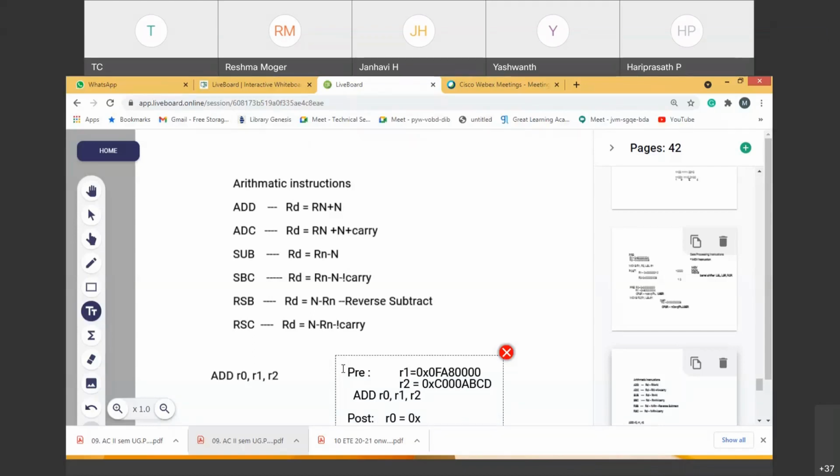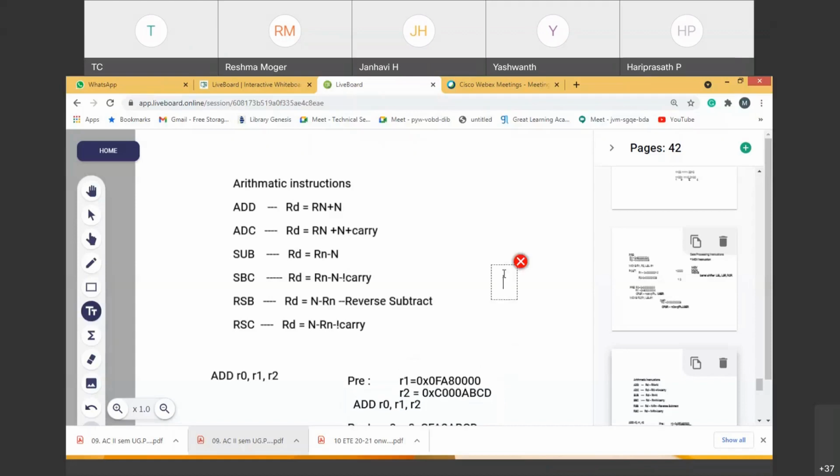So what is the content of this? 0x C F A 8 A B C D. Okay, A B C D. So it is a simple operation. Please remember this addition remains the same. If the numbers are different, let's say A, if the numbers are different, please understand 0, 1, 0, 0. The above number is A, the below number is something else, but this addition process remains the same.